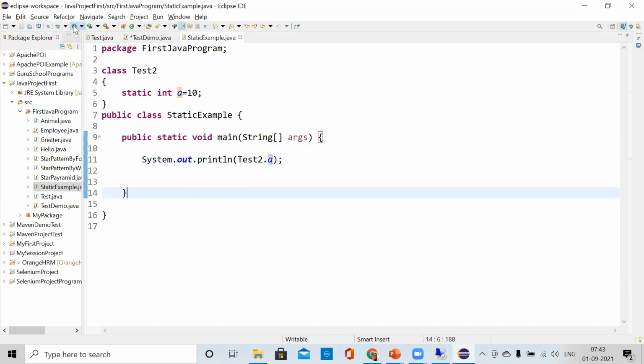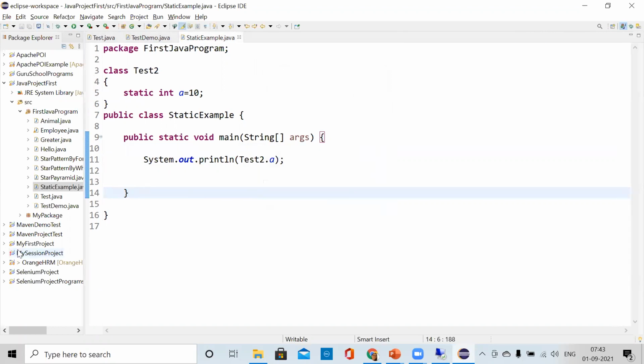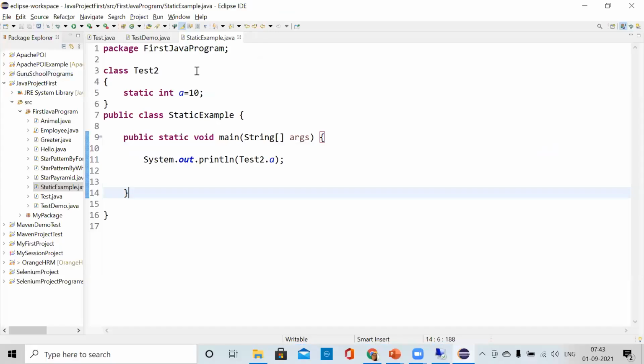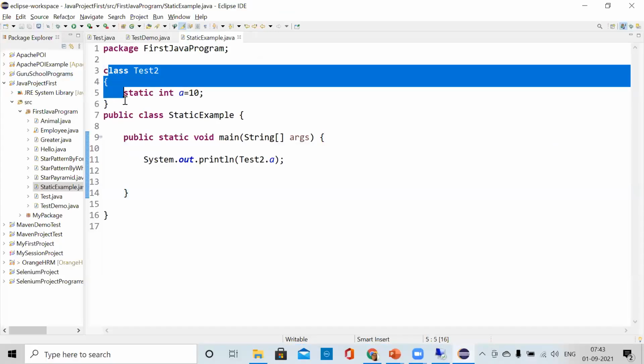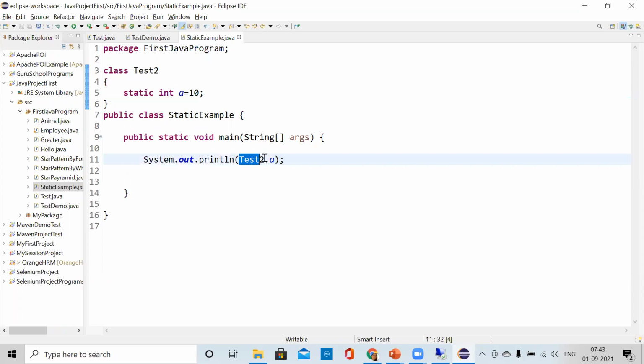And if I run it, it will give me the value 10. So this is the way a static variable can be directly accessed through the class. If it is a variable of a class, then you can access it with the help of that class name. Okay. Clear?